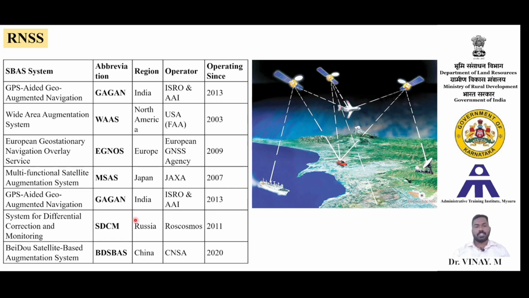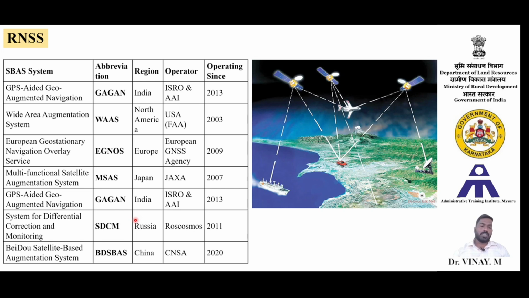In that race, India also developed GAGAN, India's own positioning system for internal aviation and military, and it will also be available to the public in the near future, and integrated circuits are being developed for mobile